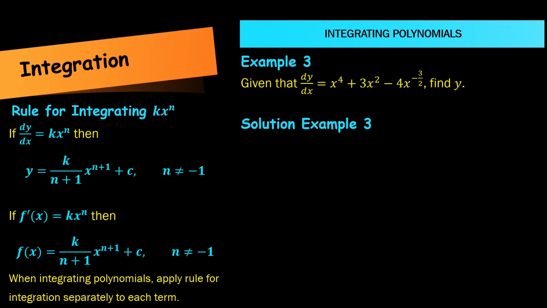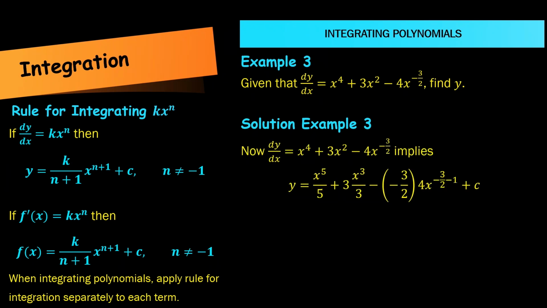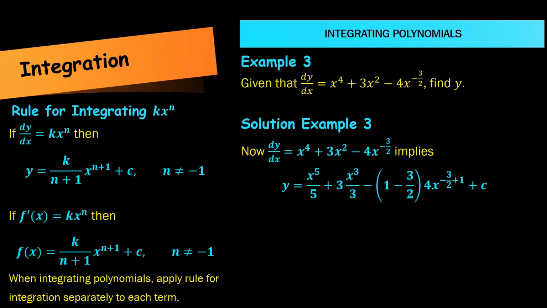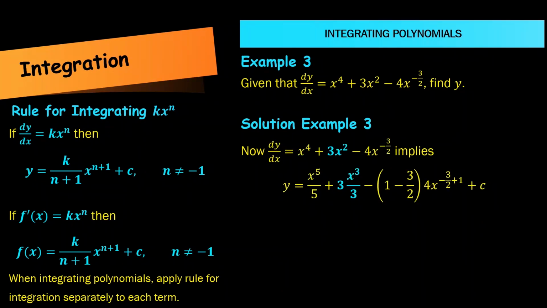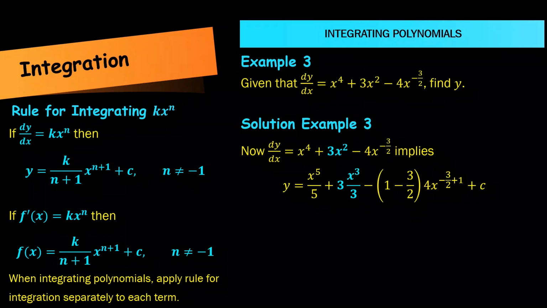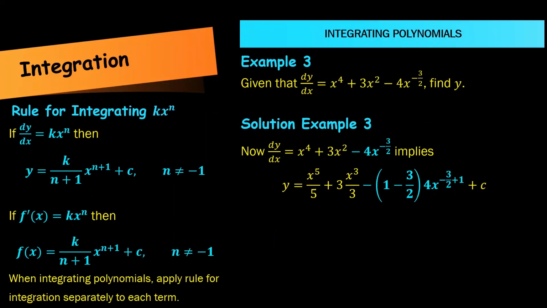So let's solve this. Before we begin, remember that when integrating polynomials, apply the rule for integration separately to each term. So dy dx equals x to the 4 plus 3x squared minus 4x to the minus 3 over 2 implies y equals x to the 5 over 5 plus 3x cubed over 3 minus 1 minus 3 over 2 times 4 times x to the power minus 3 over 2 plus 1 plus c,